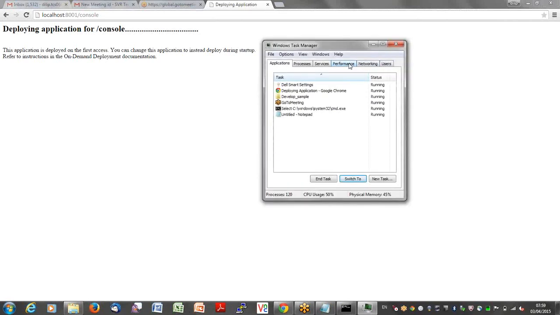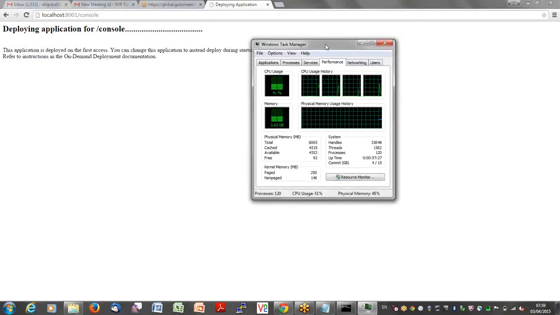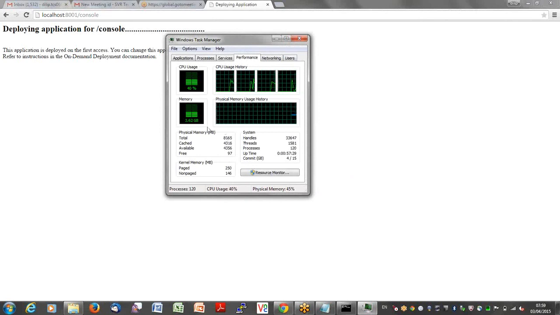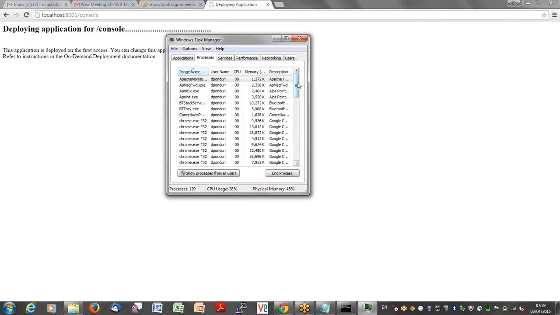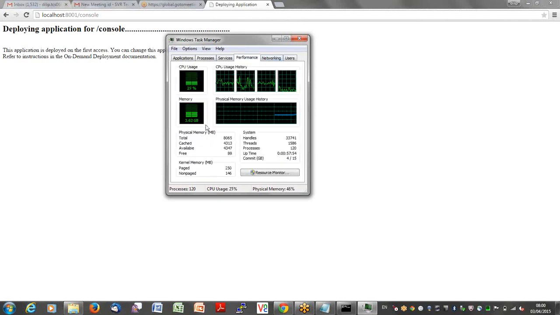If you could see the RAM here, it is 8 GB RAM for me. It's already consumed 3.6. How many WebLogic servers am I running? See, Chrome is taking some memory, and you could see Apache is taking some memory. Chrome is eating up some memory, and this is my WebLogic. WebLogic is already consuming 200 MB. So already 3 GB has been consumed, but I have run only one 500 MB server, because you need to give some memory for your other system processes also.